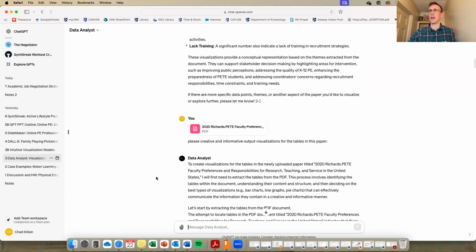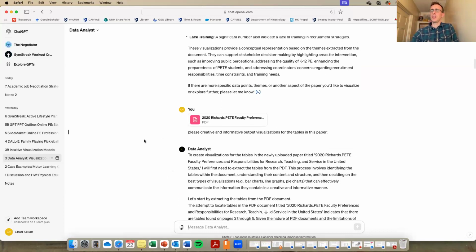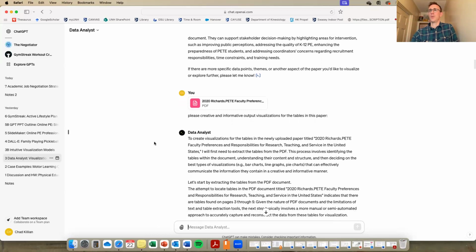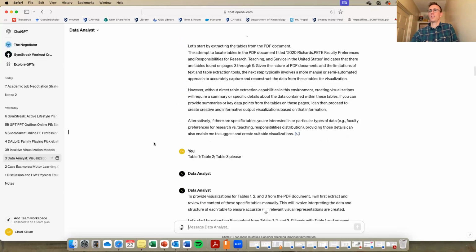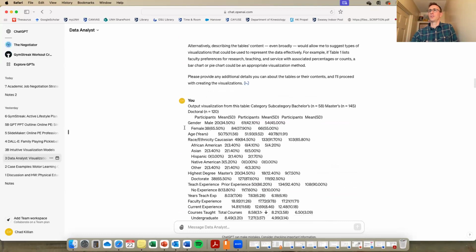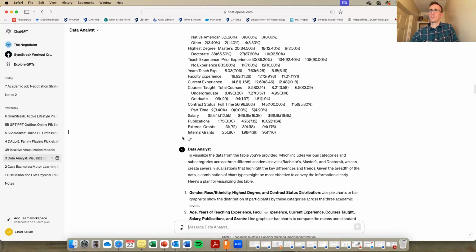I don't know if it's there quite yet, but I took some quantitative data again from a different paper, the faculty work preferences paper. It doesn't extract data from PDFs well. So I had to put in the, well, I guess it did for this one, but I put in the raw Word data, and that worked out a little bit better. But you can see here, I've had to have a little conversation with it because it wasn't quite working the way I wanted it to. So that's why I put in the actual data. I just took this from the Word document and put it in there.